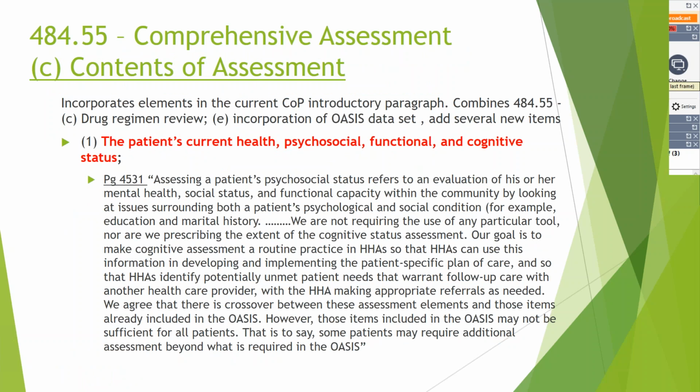The change here is that in the past, CMS has simply stated you needed to have a comprehensive assessment developed by the agency in addition to the OASIS questions. CMS is now stating that you must have current health, psychosocial, functional, and cognitive status questions in your assessment. This is the paragraph specifically from page 4531 of the conditions of participation, where they're stating that